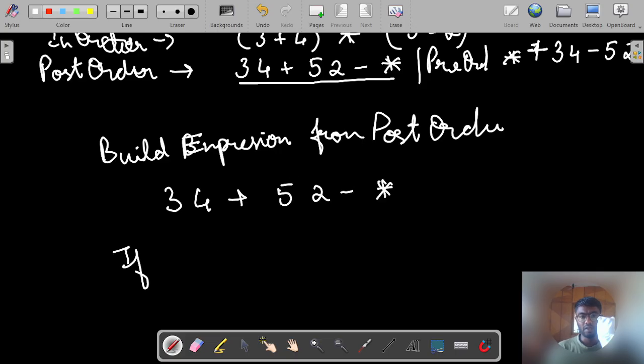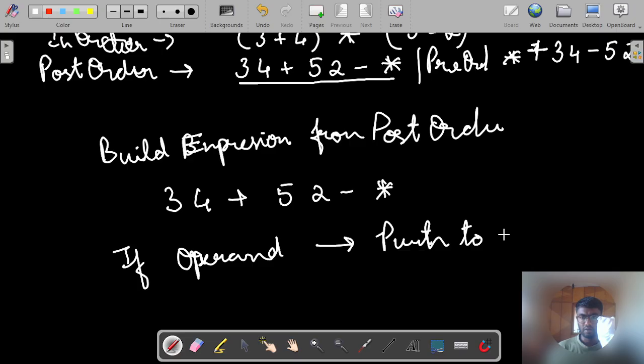Let's say if we see an operand, push to stack,